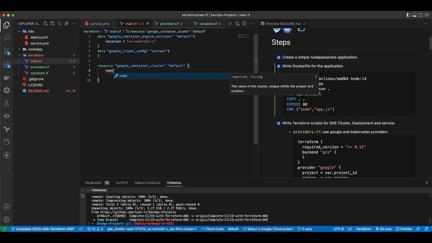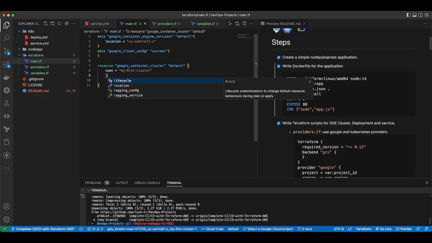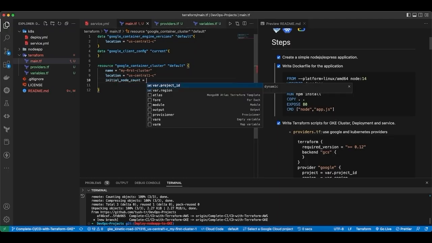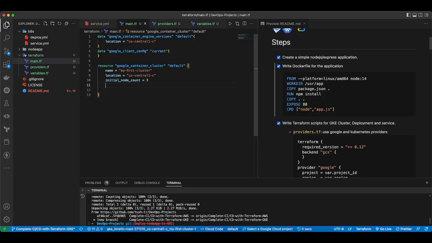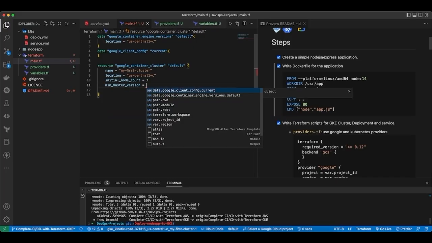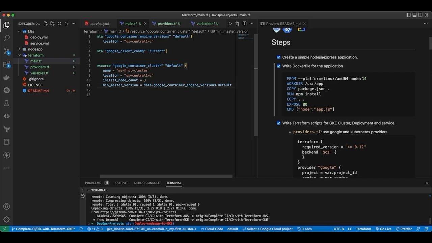Now here we need to add our main configurations. So first of all, name: my first cluster. Location, we will add the same us-central1-c. Now initial node count, we will add, let's say 3 nodes we need. And minimum master version, here we need to add the output from this data block. So data.google_container_engine_versions.default.latest_master_version. All right,